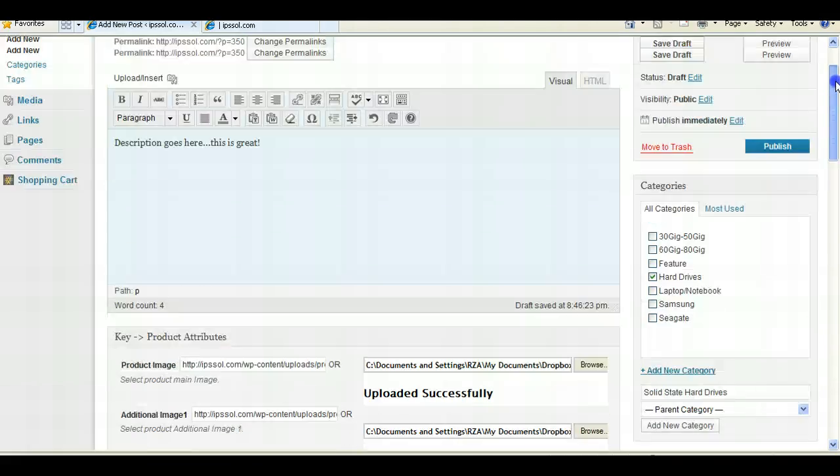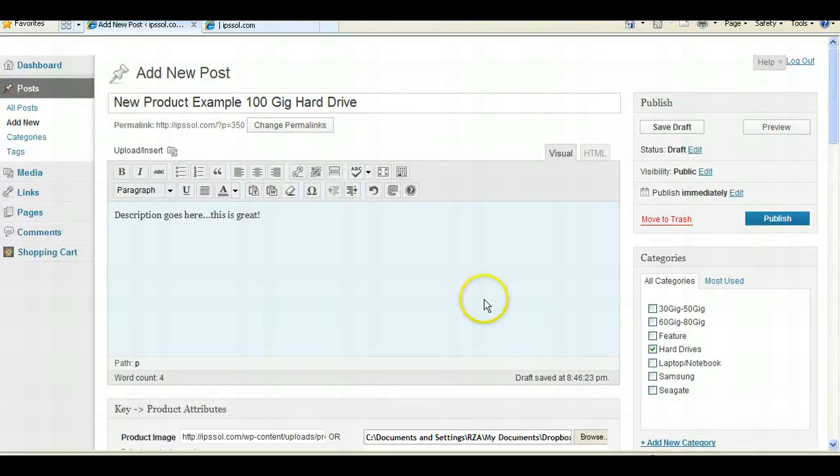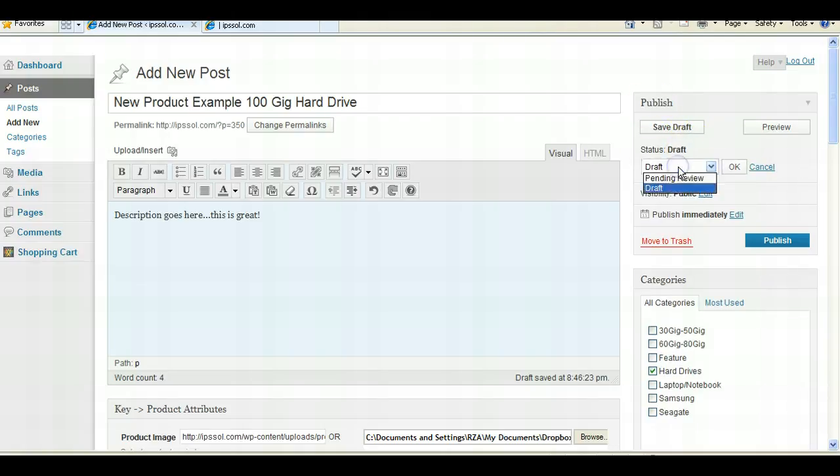So now that we've added our new product, we can click publish. Now, if you want to keep it in draft mode, simply click save draft, and it'll be saved in your back panel, but it will not be visible to the public until you switch it to public, which you simply do by switching back and clicking publish. But we want to go ahead and publish it. So once you click publish,